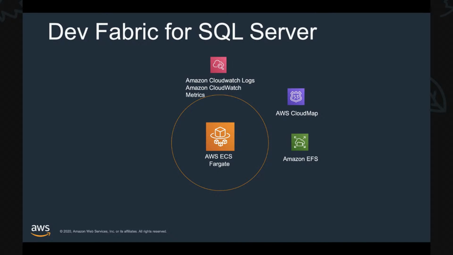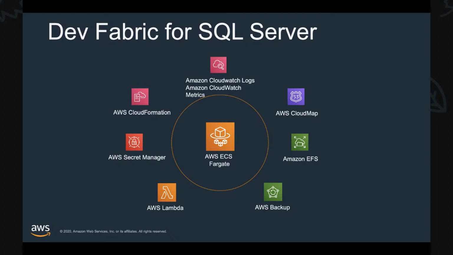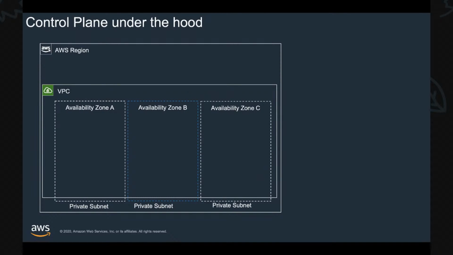As part of the ecosystem, we also use AWS Backup to back up the databases. Also Lambda to support custom resources and generate random passwords while creating the solution. Secrets Manager provides a secure way to store passwords. And of course, CloudFormation is the underlying service to orchestrate everything here. So that is an ecosystem for running SQL Server in a serverless environment. Let's go a little bit deeper.